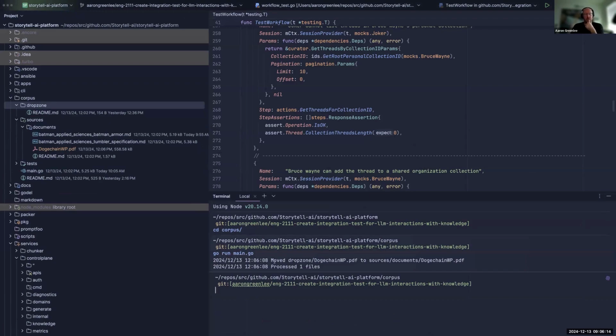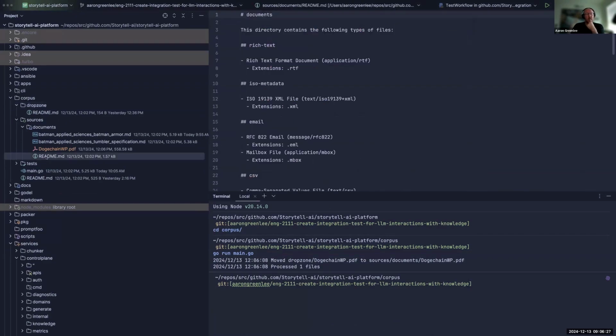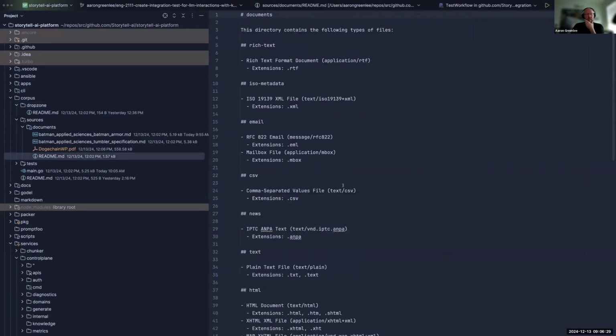When we run that program, it's going to automatically curate and organize this corpus of knowledge. And so we can see this particular one went into documents. But if it was an image or a scientific blueprint or something like that, it may have been put into another directory. When we run this program, the README file gets generated